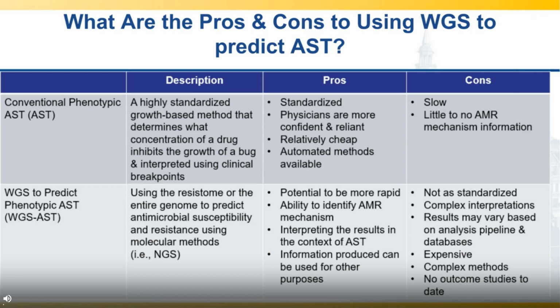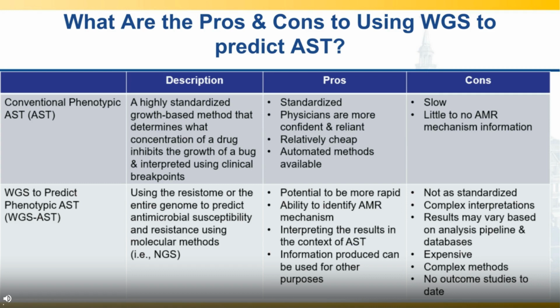The cons to this, though, is that it's not as standardized. There are some complex interpretations, and results may vary based on analysis pipeline and or databases used. It's expensive, especially if you're comparing it to the phenotypic AST methods. These methods are a lot more complex than our methods that we're using currently. And right now, there's really no outcome studies demonstrating the clinical utility of whole genome sequencing AST to predict the